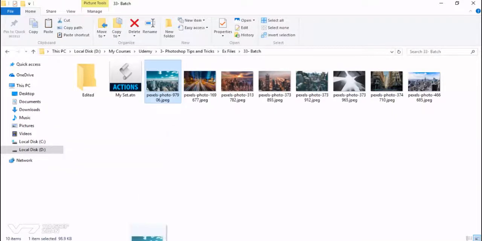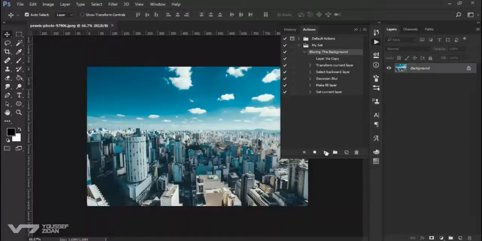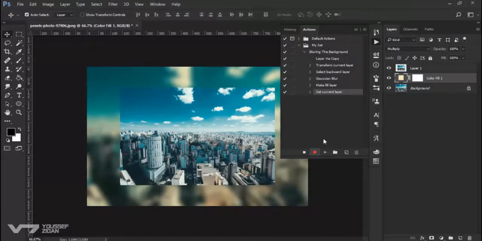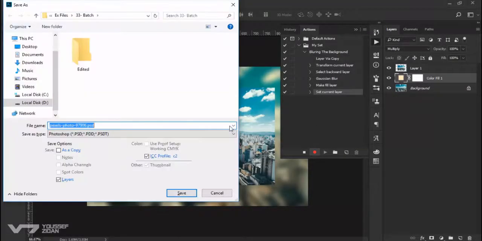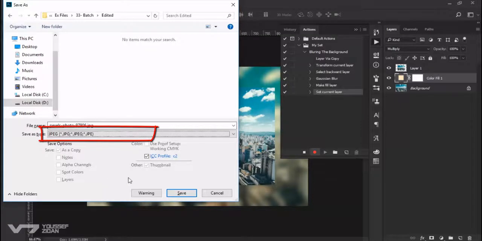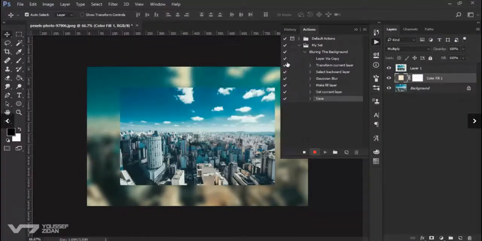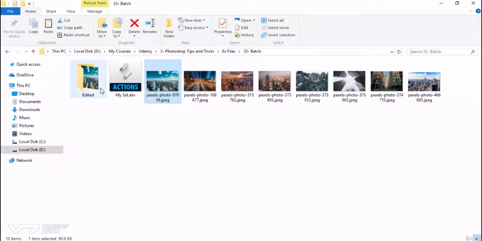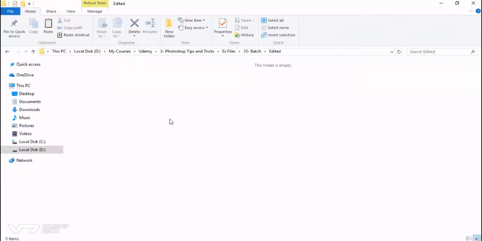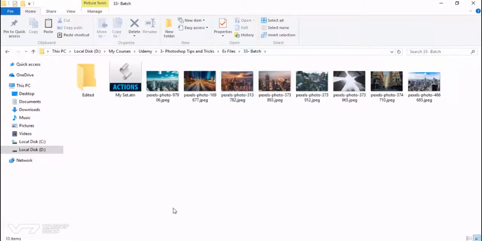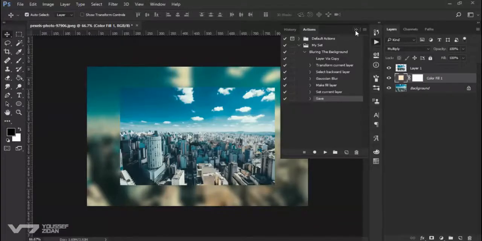Let's just import an image and apply the action, and then right there, record and press Ctrl S. And this is really important. You need to choose the format you want to save with the patch option. Then click save. Now I'll press stop and I will delete it. Then again,